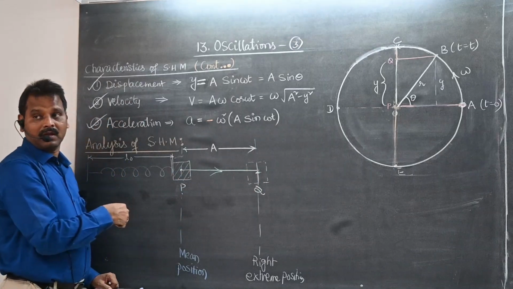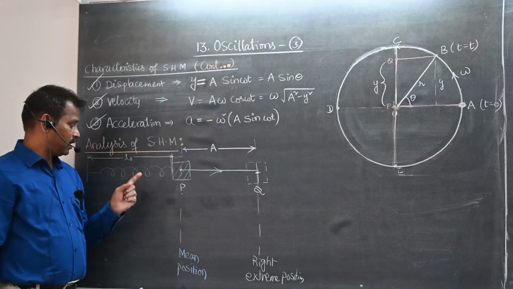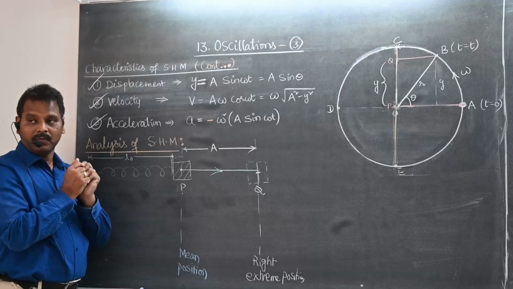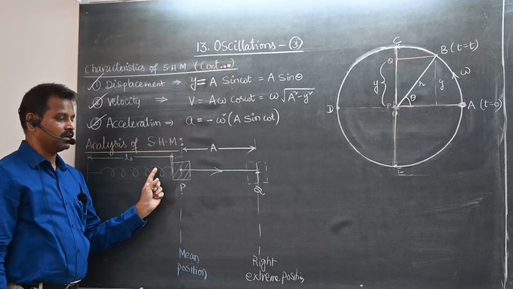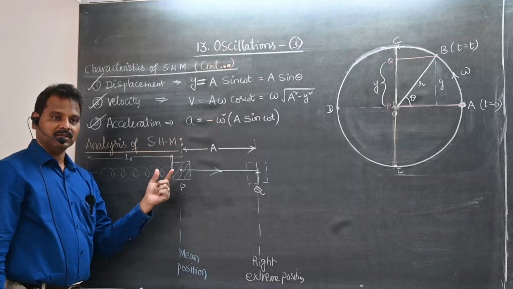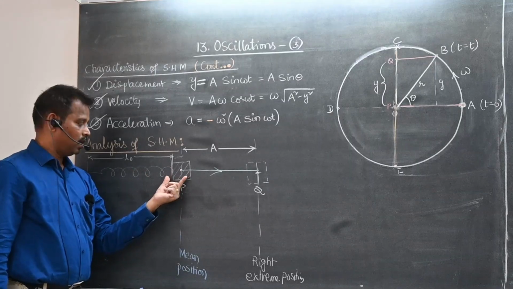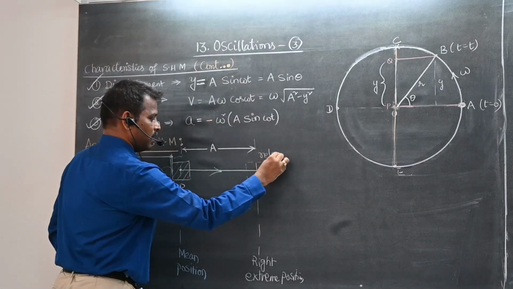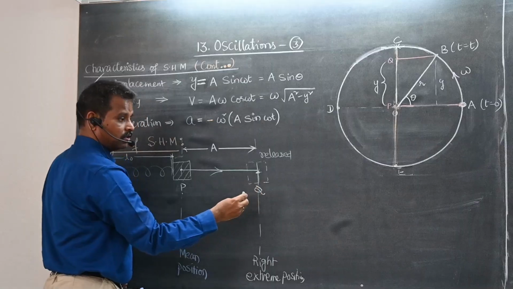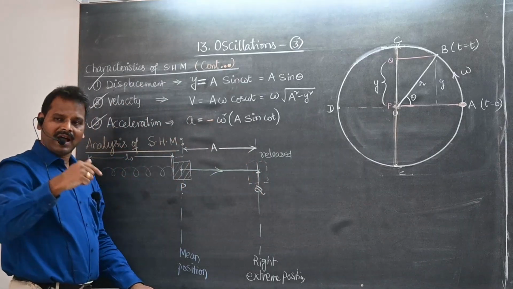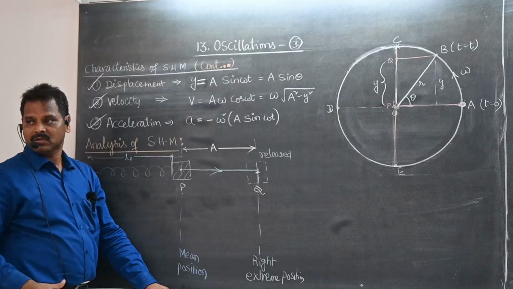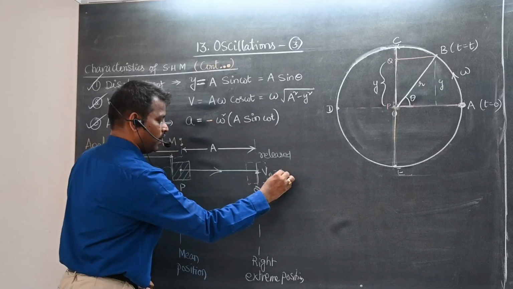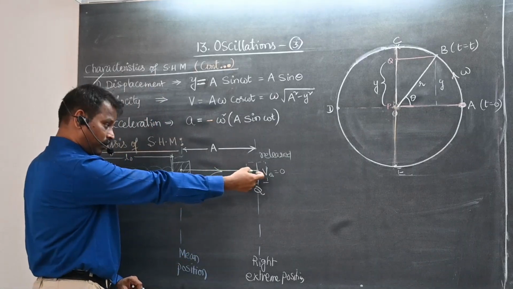Now it is coming back. Why is it coming back? Because of the restoring force developed in the spring. The spring will pull the block backwards. If the spring is not connected, the block won't come back. As the spring and the block are connected together, when the block is released, what is the initial velocity of any released body? Velocity at the point Q, how much? 0. And because I am releasing it, now it is coming back.